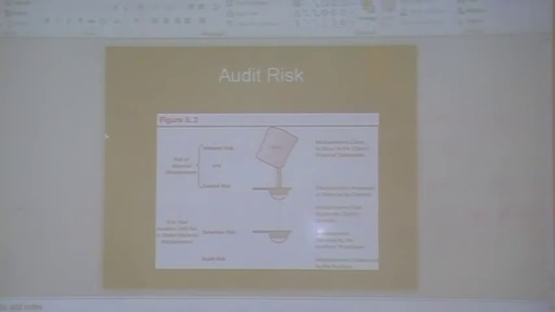Where the sand is flowing down, they're all actually linking in to each other down around the little, what's that called, the little sieve thing. Okay, so you see the inherent risk: the misstatement is likely to occur in the client's financial statements. The control risk: the misstatement prevented or detected by controls. Misstatements that bypass the client's controls. Misstatements detected by the auditor's procedures, which is their detection risk. And your audit risk: misstatements undetected by the auditors. So it's actually like a little chart, and they're all interlinking between each other.